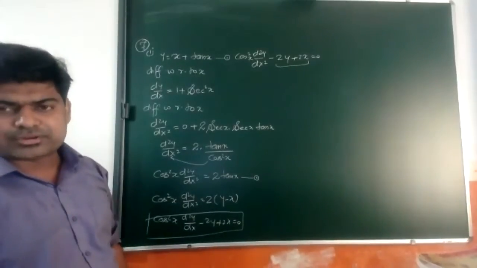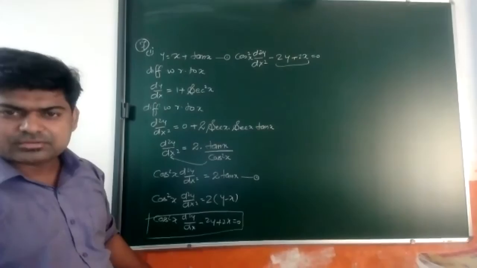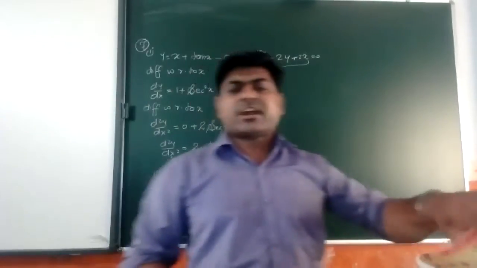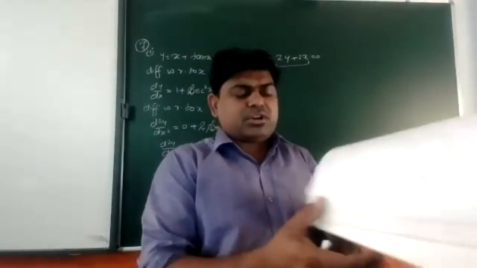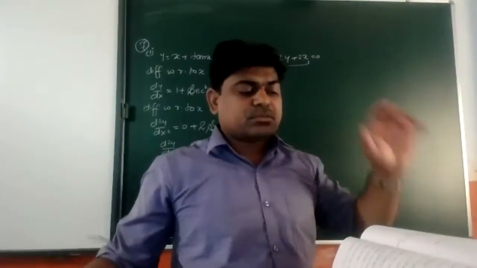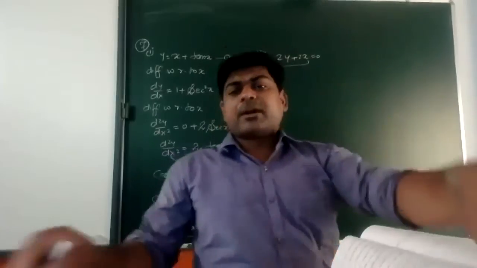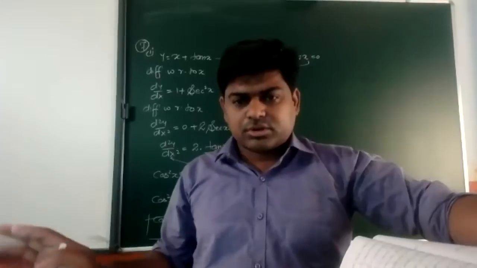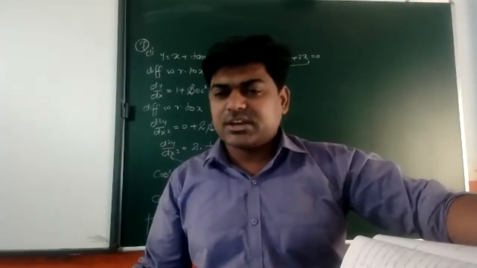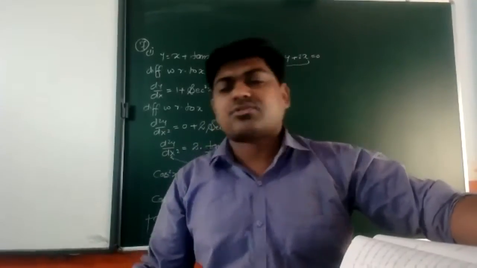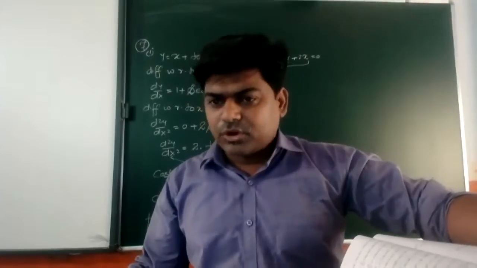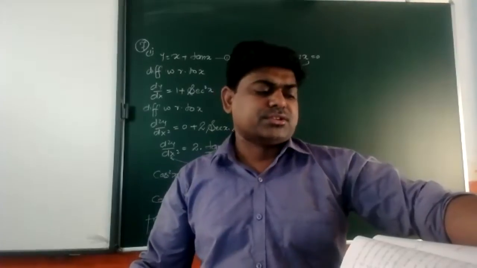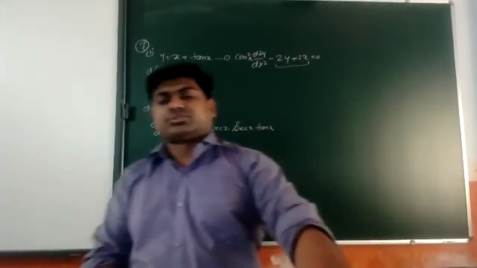Okay, all of you have got it? Say yes or no. You can see in question number 7, second part, a hint has been given. We will follow this one and we will get our result. The second part of question number 8 is almost like that only. In question number 7, x tan x was there. Now we have x cot x. So the same thing we will follow. But first I want to do the first one of question 8.